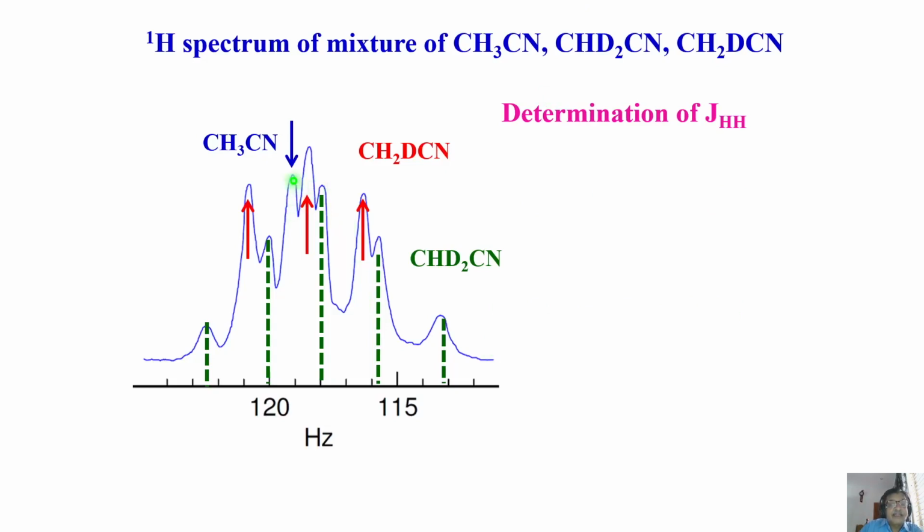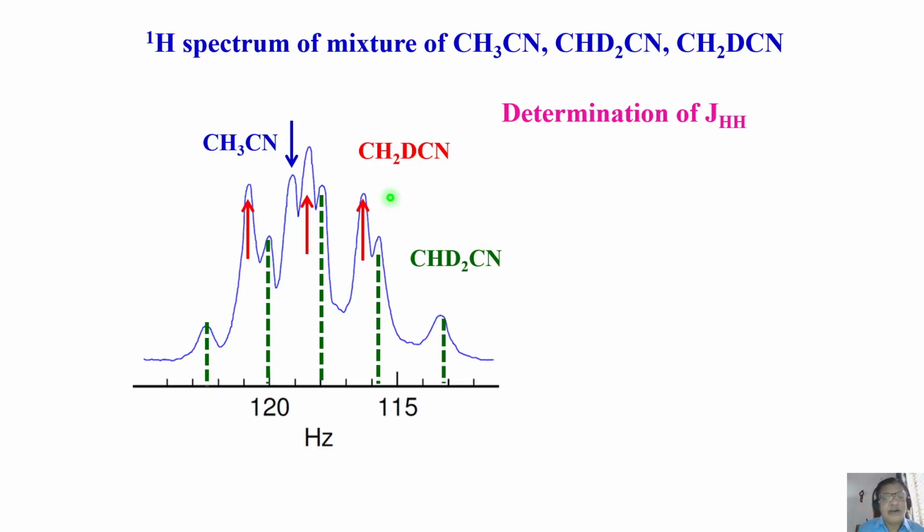When CH3CN is there, this is the chemical shift. When I substitute one deuterium, this is the chemical shift. When I substitute two deuterium, this is the chemical shift. What is happening? Because of the heavier atom, because of isotopic substitution, there is a shift in the chemical shift position. This is what I called the isotope effect. How much does it shift? For one deuterium it is this, for two deuterium substitution it is this, and if you have 3, 4, it can change linearly like that. You can easily find out the shift because of isotopic substitution.